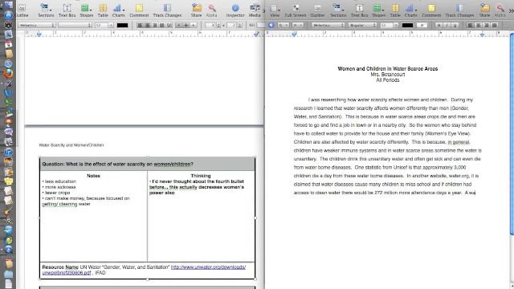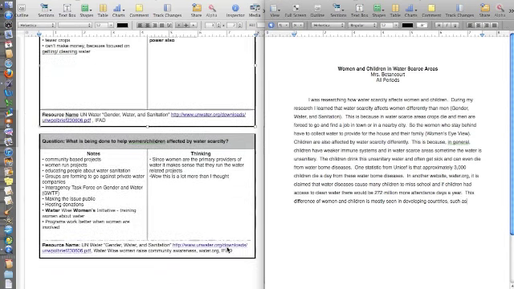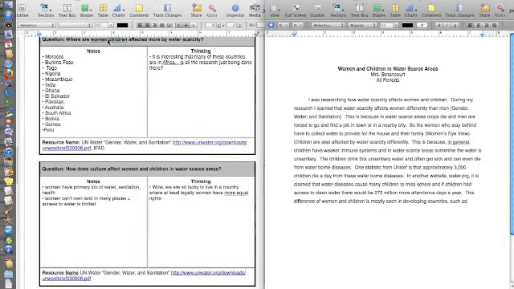A water scarce area, so this difference of women and children is mostly seen in developing countries, such as, now I have a very long list on my notes page, as you can see, right here, of countries. I personally think it's important to represent different areas of the world, so I'm going to try to choose a few different ones from different parts of the world, such as Australia, such as parts of Australia, primarily in the desert there,